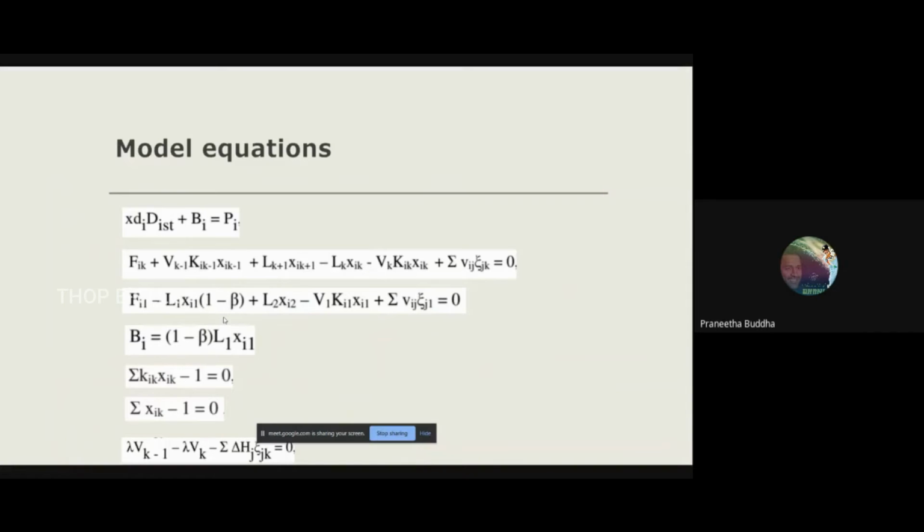Model equations. The model equations are the same as that of the conventional distillation equations, but the reaction term is added to both the material and heat balance equations. Here beta is the reboiler ratio. Usually the equations are written in the form of reflux ratio. Since total reflux condition is maintained, reboiler ratio is used in these equations.